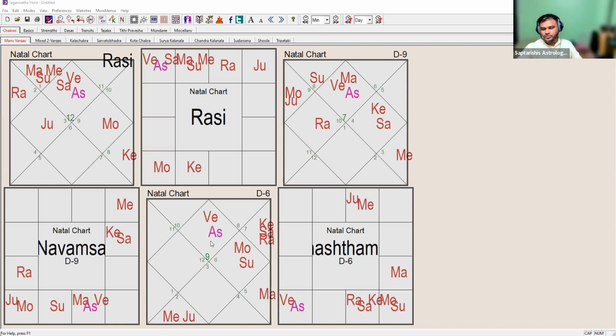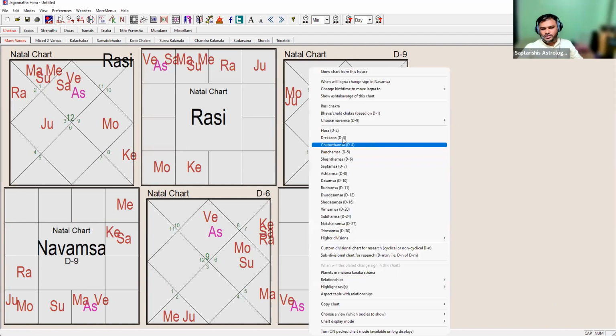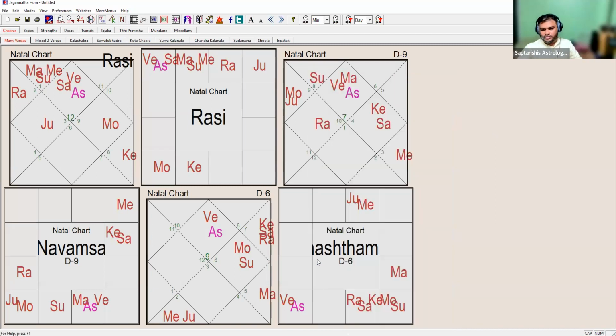So like I told you, if some health issues are not identified in the Lagna chart, you can check in D6. D6 will give you a clearer understanding. So let's say D6; first I will go systematically. D3 also we can use. In the Kerala system, if you read Krishneeyam and Brihad Jataka, they use D3. But the problem is D3 is not correct in the Jehora, so I'm not using D3. So let's say D6.